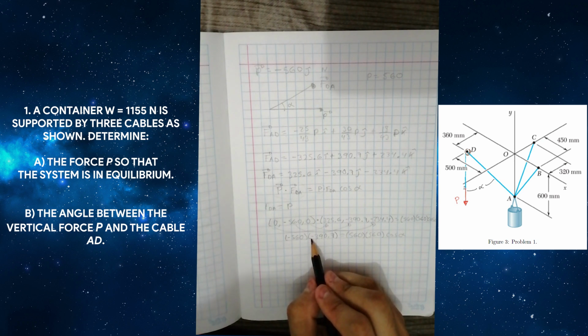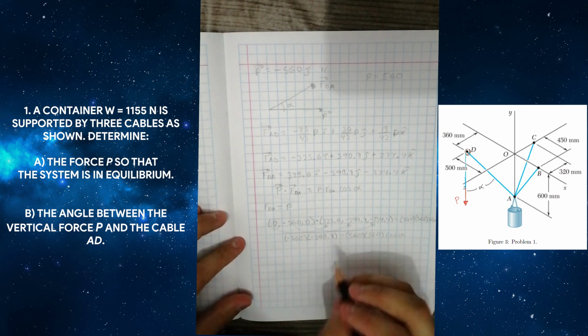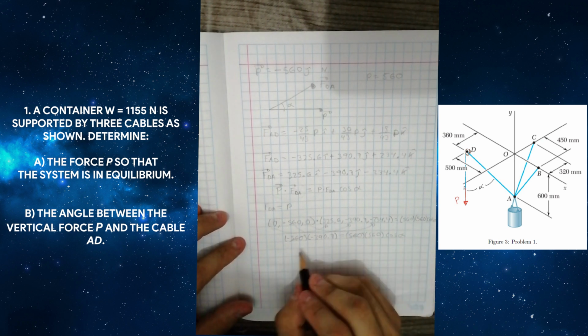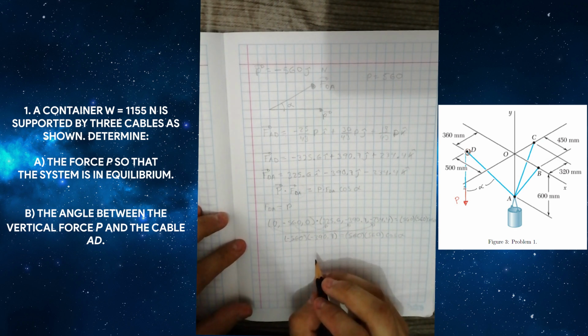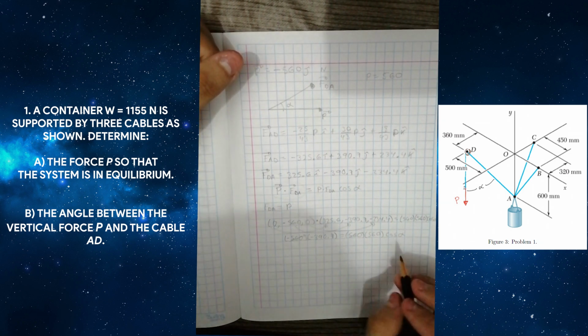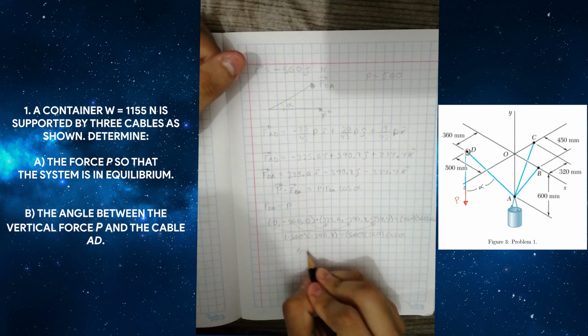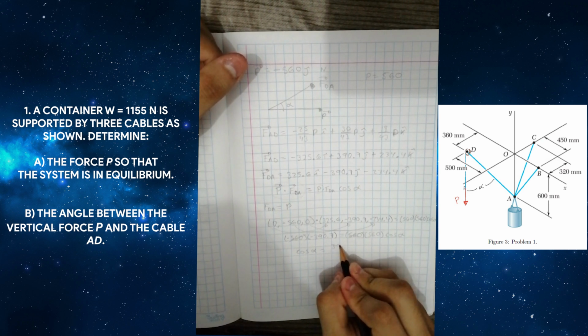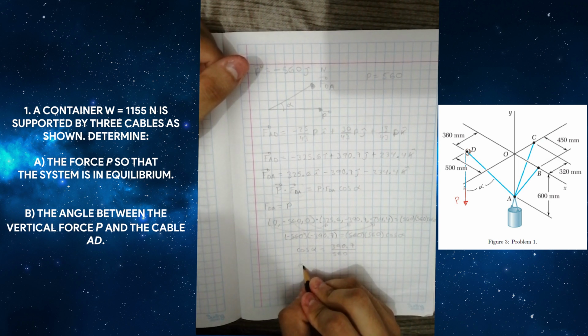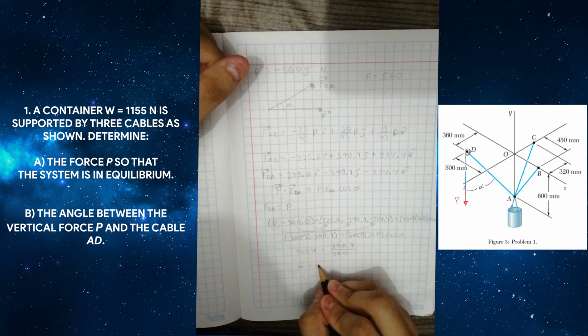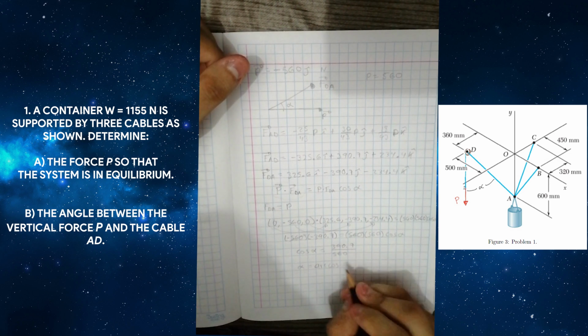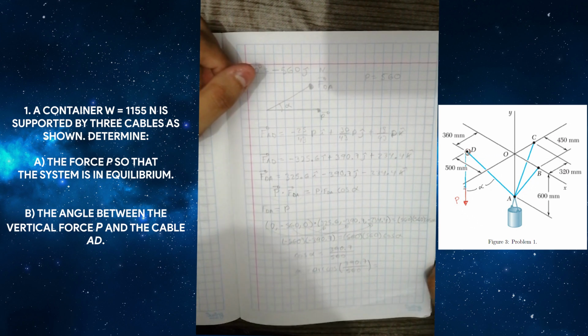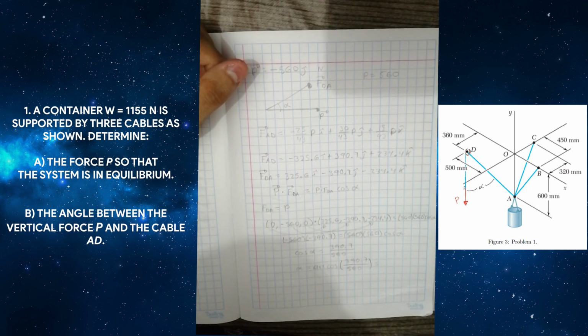Here minus times minus is positive, and we can cancel this expression that is in both sides of the equation, and we need to solve for cosine, and cosine is equal to 390.7 over 560, and the angle alpha is equal to arc cosine of 390.7 over 560, and this is equal to